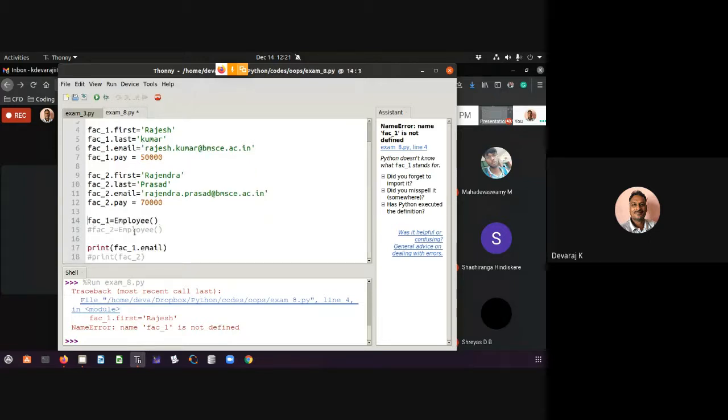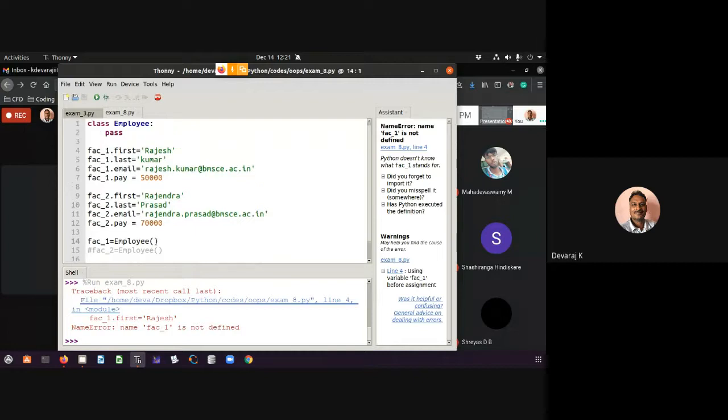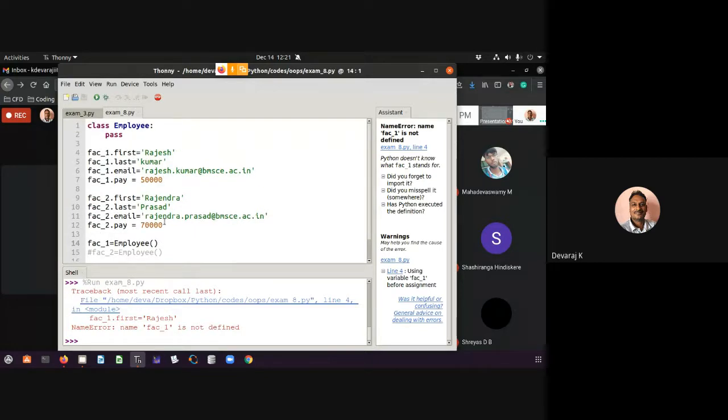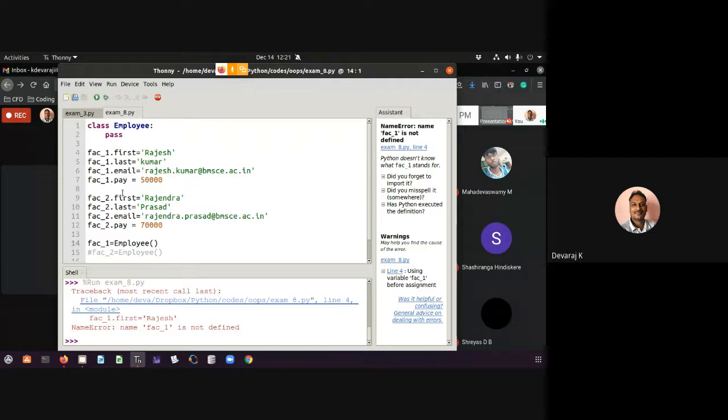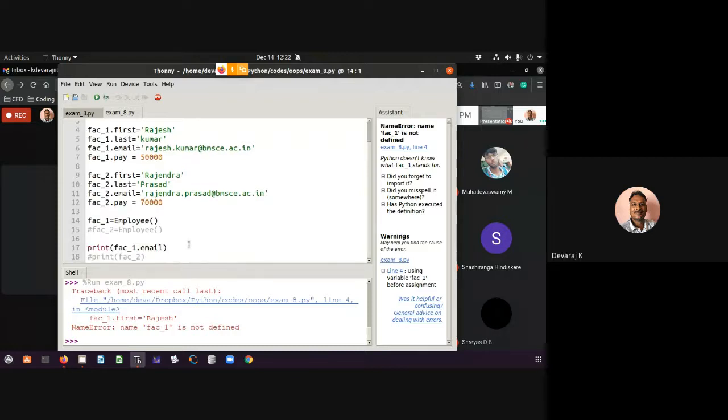Sorry. Faculty 1 dot email is equal to, it should be defined here first. Then print faculty 1 dot email.